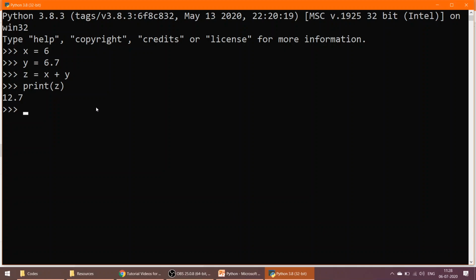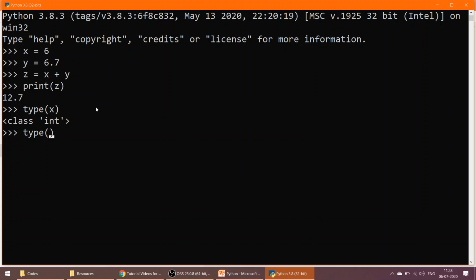Why? First just check what type of value has been assigned in the x variable. The x variable value is 6, so the type is integer. Same thing I am doing for the y variable, and the value assigned in the y variable is 6.7, so the type should be float.